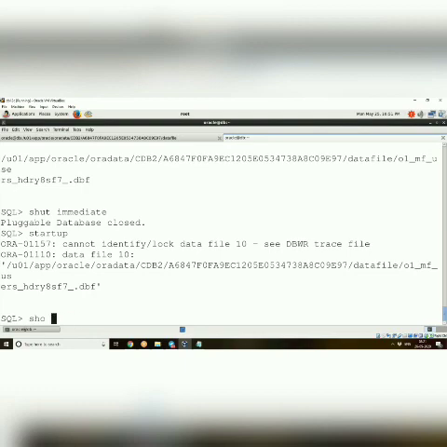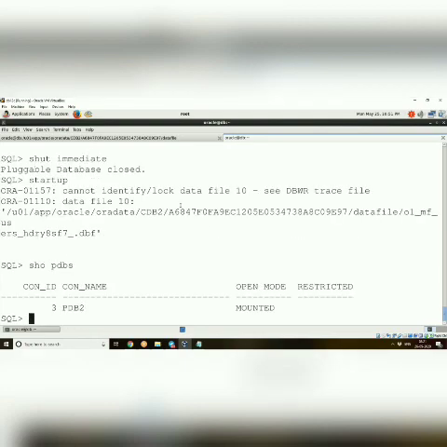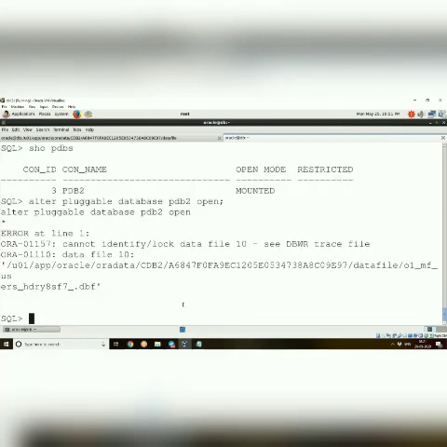So it is in mount stage. Okay. So now we have to open the database. As usual, we'll try to give alter pluggable database PDB2 open. So it won't allow to open because our users data file is missing.